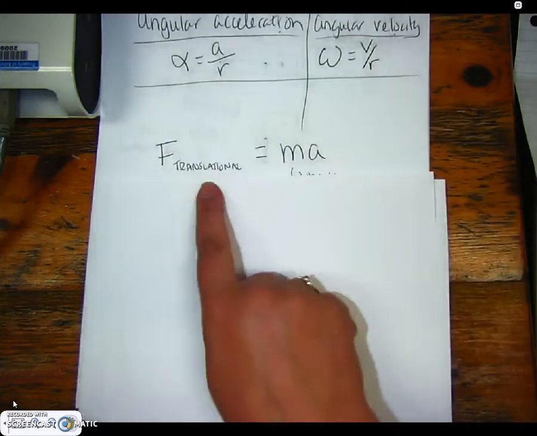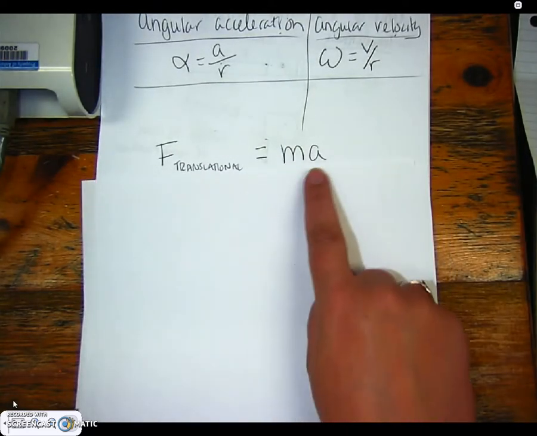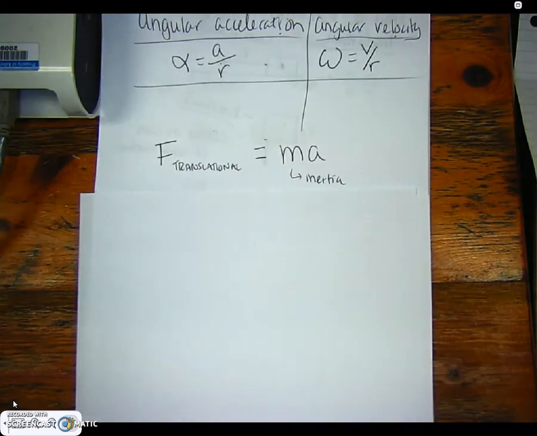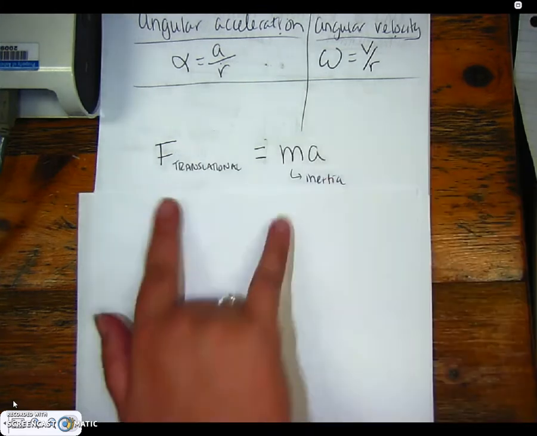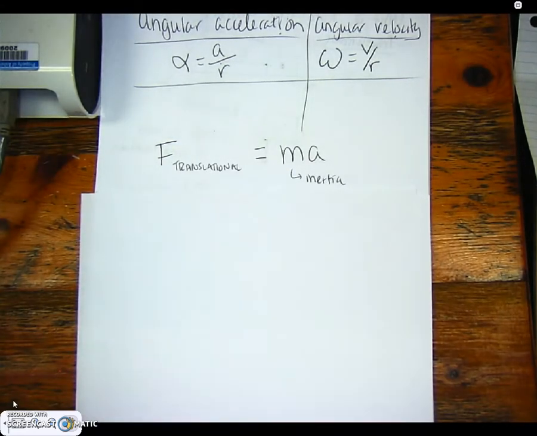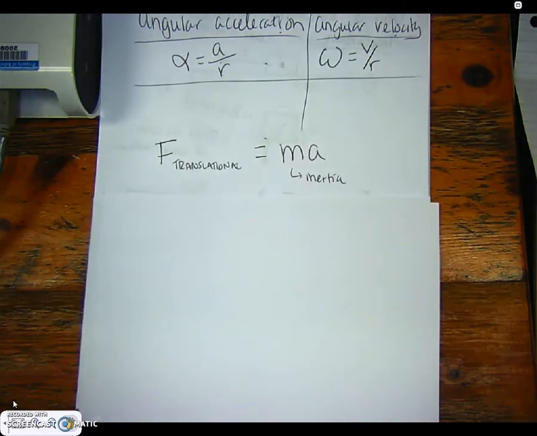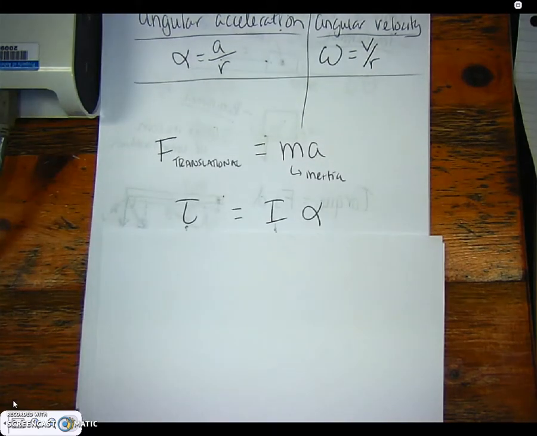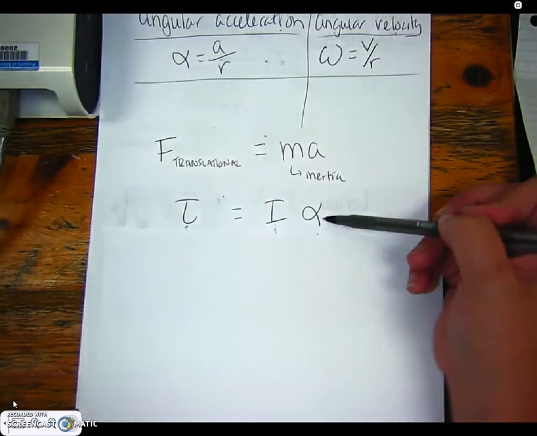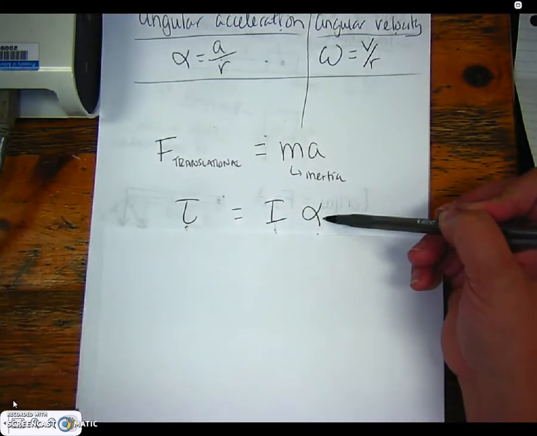So force, translational, I wrote here, is equal to m times a, where mass really is your inertia, or your resistance to your change in motion. It's the amount of matter that you have in you. So the acceleration is a ratio of that force and that resistance, right? So what is it in terms of angular stuff? Well, it is your torque, which is really your force, and then we have your angular acceleration here, times